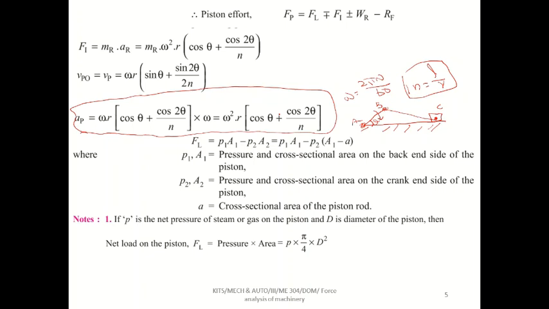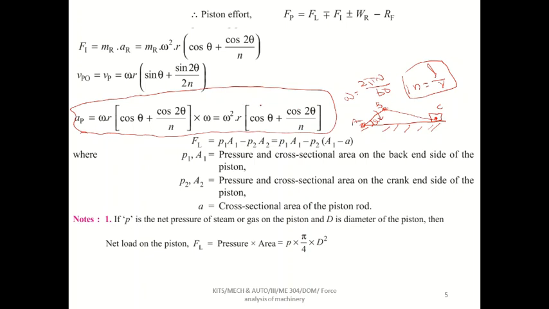Earlier, in machine design in the previous semester, if you wanted to find out the acceleration of the link, we had to draw the velocity diagram and then the acceleration diagram. From the acceleration diagram, we used to get the value. But here, we have this formula. Analytically, we can calculate. So, the acceleration of the piston.